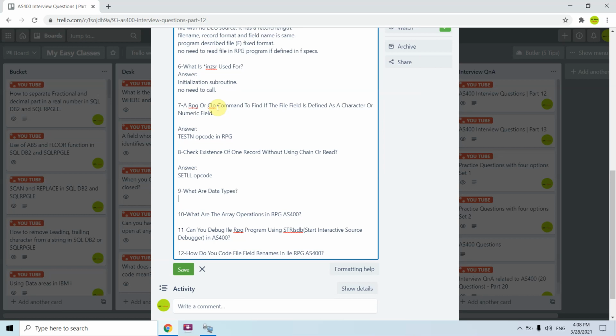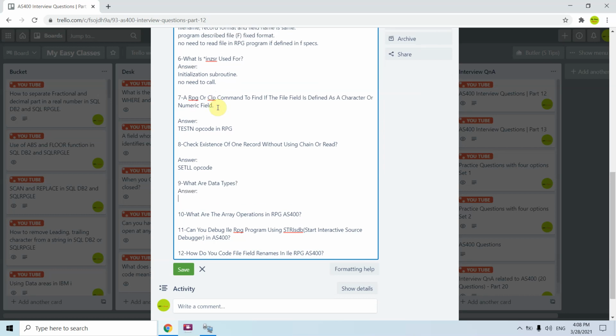What are data types? So data types are basically attributes of fields, like length and its type, for example character or numeric.